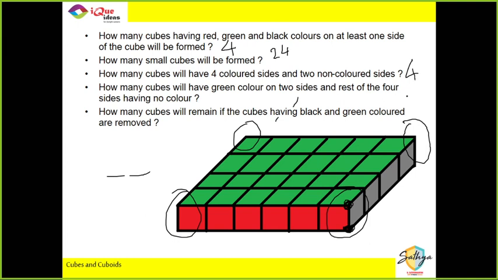Then 2 sides painted वाले कौन से होंगे? Right? So 2 sides painted में actually these edges won't work because these edges actually have 3 sides painted. तो ये जो middle में है 1, 2, 3, 4, 5, 6, 7 and 8, because it is a single layer, these 8 blocks will have the top and bottom painted. So 2 sides painted will have 8 blocks, and these are the 8 blocks which have green on both the sides.